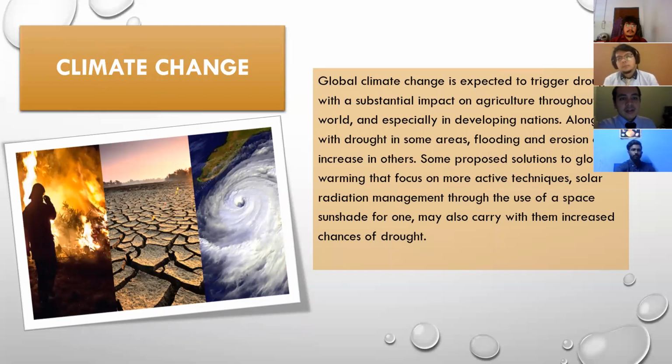Next is climate change. As we know, climate change is a main topic for this season, because climate change is expected to trigger drought with a substantial impact on agriculture throughout the world, and especially in developing nations. Along with drought in some areas, flooding and erosion could increase in others. Some proposed solutions to global warming focus on more active techniques. Solar radiation management through the use of space shade may also carry with it an increased chance